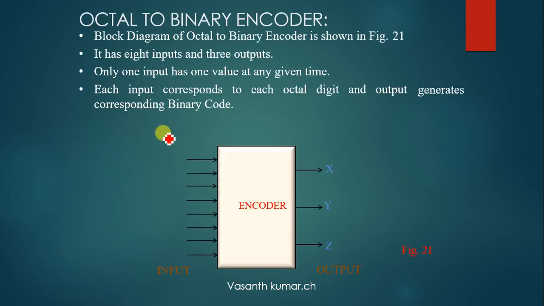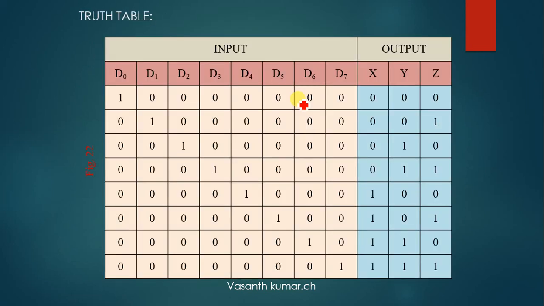So let us check the octal to binary encoder. In case of octal, it means power of 8, an 8-digit function, right? So here we have 0 to 7 and the combinations are only 3, right? A shift of 1 is giving one individual output. So whenever all things are high, for 7 you will get XYZ as high.